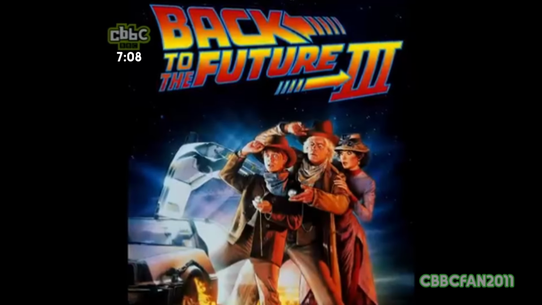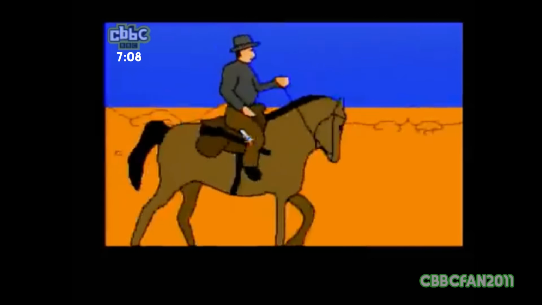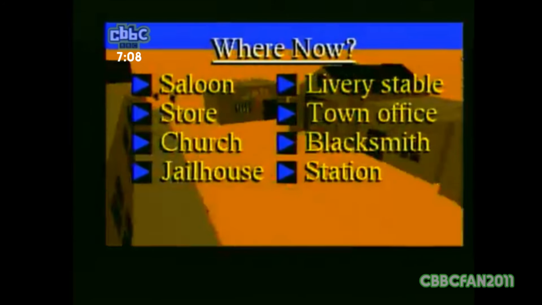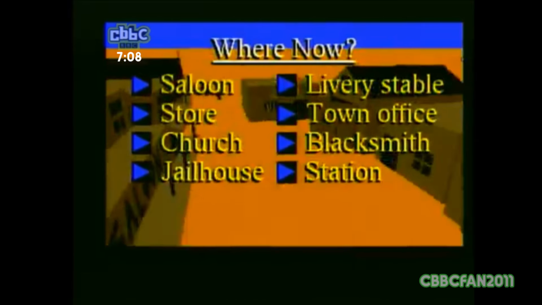Every time you leave, you get a cutscene with the Back to the Future font for some reason. I guess because the third Back to the Future takes place in the Wild West. Then a new guy comes to town and you duel him. You don't need to do anything, just walk in, walk out, and that's it. Each location has absolutely no bearing on the story except for the saloon, which we'll get to in a bit. They're just pointless diversions meant to waste your time.